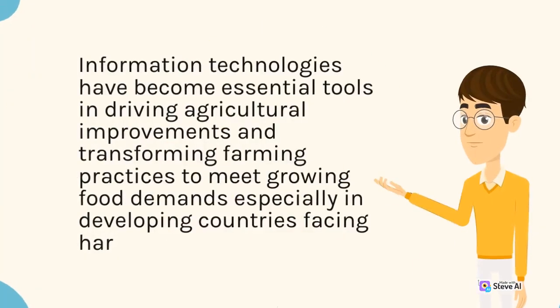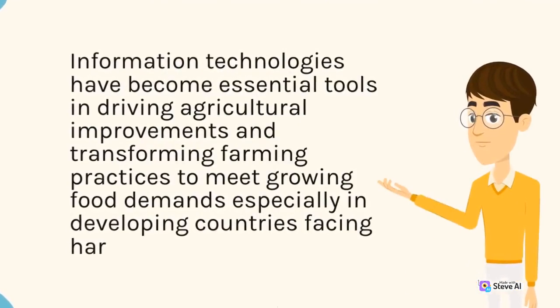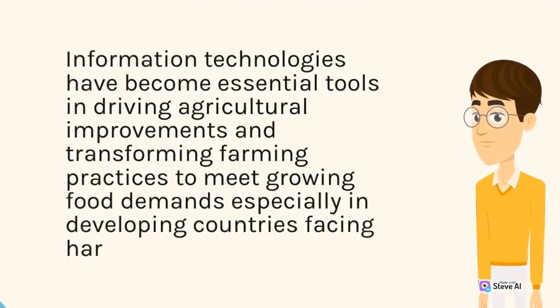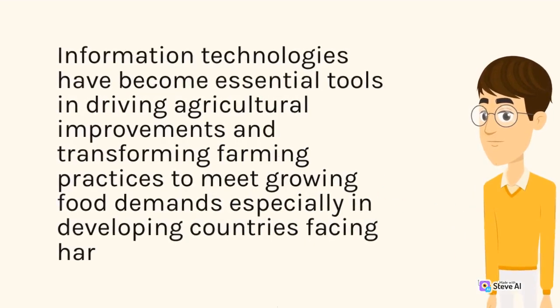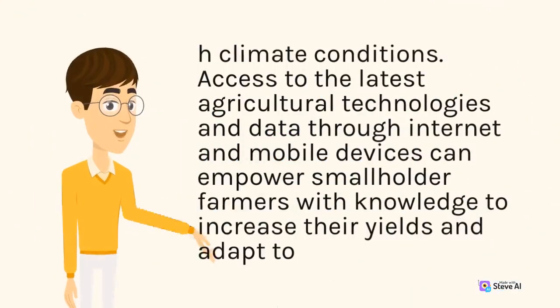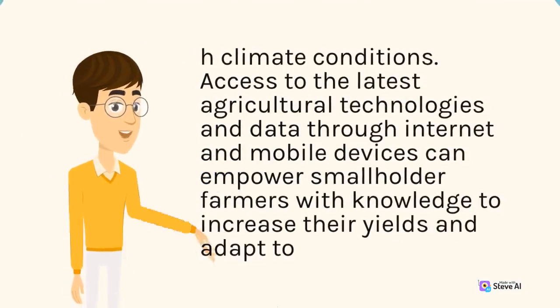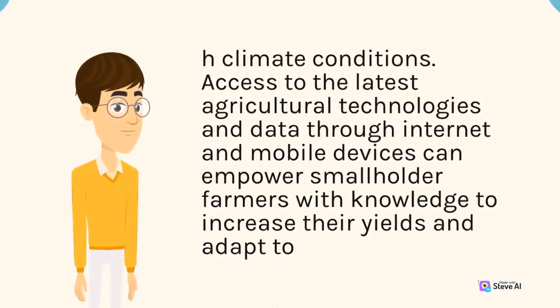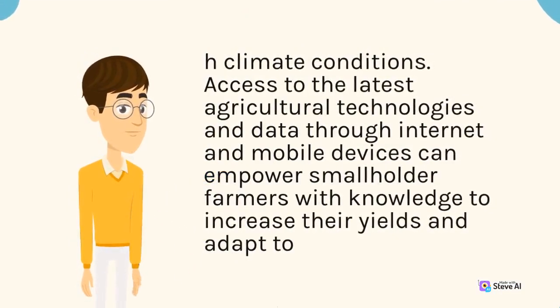Information technologies have become essential tools in driving agricultural improvements and transforming farming practices to meet growing food demands, especially in developing countries facing harsh climate conditions. Access to the latest agricultural technologies and data through internet and mobile devices can empower smallholder farmers with knowledge to increase their yields and adapt to